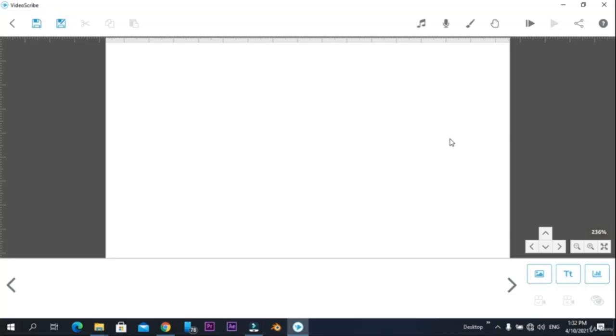So I'm gonna create that story in Scribe. Don't worry, if you don't understand the story, I will give you a link to that story or the text file. Then you can also refer to it and make your own Scribe file. So let's start. So let's go into images,